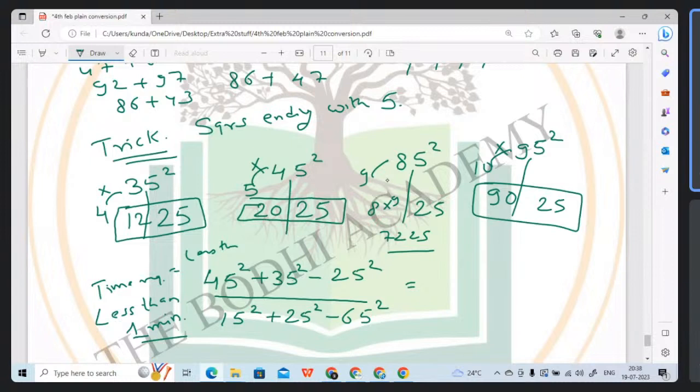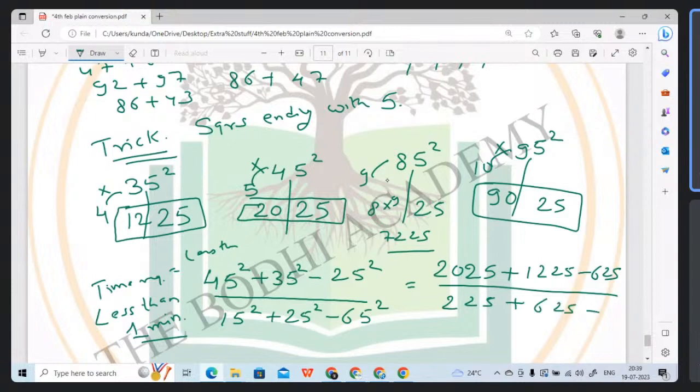ठीक है, जैसे 45 स्क्वायर, 5 स्क्वायर 25, 4 के बाद नेक्स्ट नंबर 5, 4 5 20, तो 2025 प्लस 35 स्क्वायर, 5 स्क्वायर 25, 3 4 12, 1225 माइनस 25 स्क्वायर, 2 3 6, 625 डिवाइडेड बाई 15 square, 5 square is 25, 1 2 2, 225 plus 25 square is 625, 65 square is 6 7 42, 4225। और फिर आप इसको सॉल्व करेंगे तब जाकर ये क्वेश्चन बनेगा। ओके, सो दिस इज द वे हाउ वी सॉल्व अ क्वेश्चन फॉर दिस।